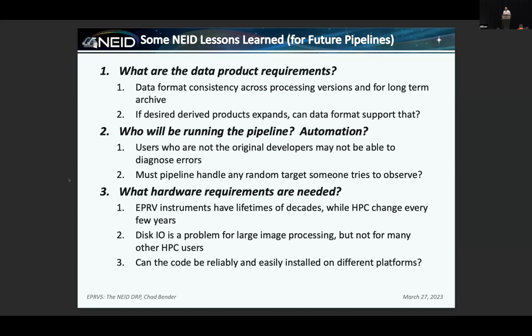Hardware requirements, I don't mean spectrograph hardware, I mean computer hardware. This has been a problem that I didn't anticipate, but these spectrographs last a long time. Computer high-performance clusters do not. They have a short life that is measured in months to years. They change architecture every time based on whatever was cheapest or they got the best deal on. CPU architecture, memory architecture, disk I/O. This has been a big problem, making sure that things run consistently from version to version over time